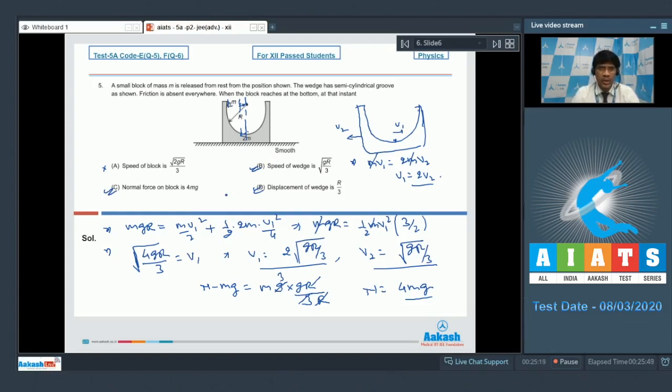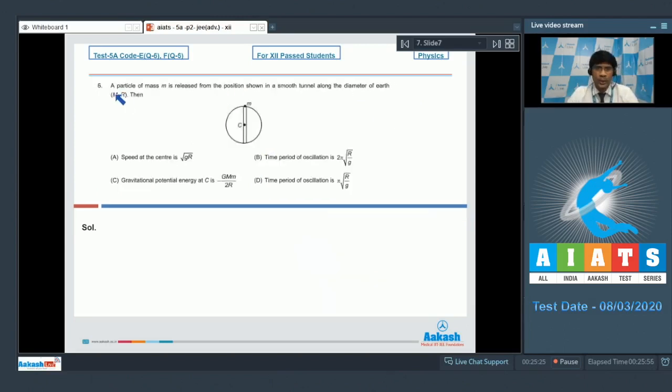Now let's proceed to question number 6. In question number 6, a particle of mass m is released from the position shown in a smooth tunnel along the diameter of Earth. Mass is m, radius is capital R. Then we need to find out the speed at the center, the time period of oscillation, and the gravitational potential energy. What we know, at any particular distance from center, let it be x, then the force on